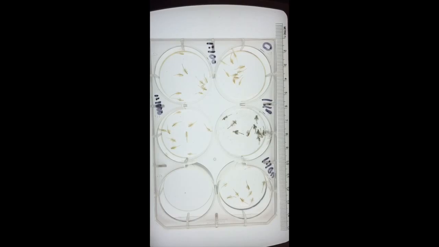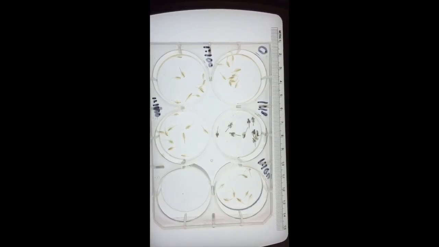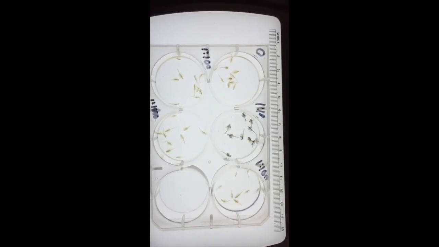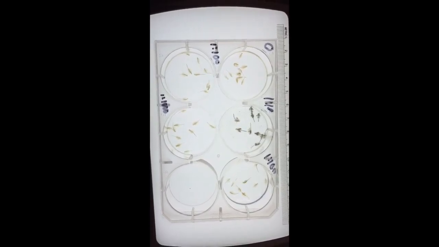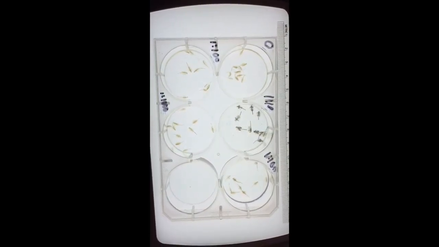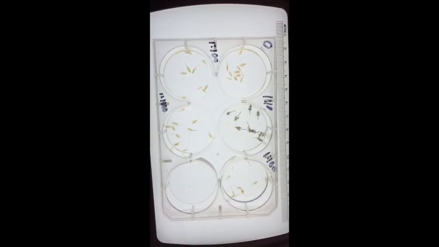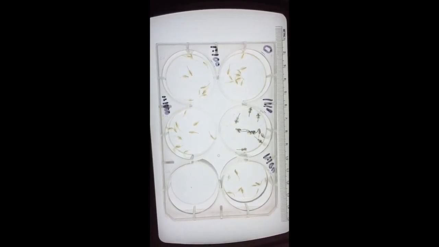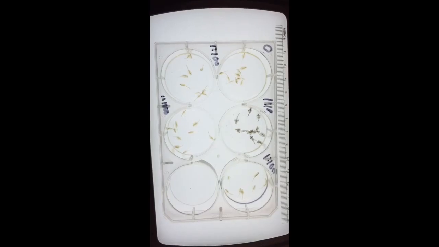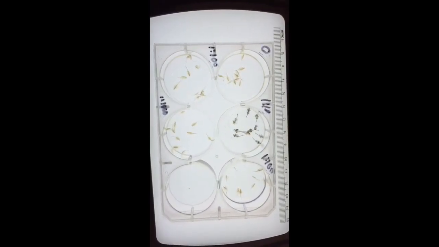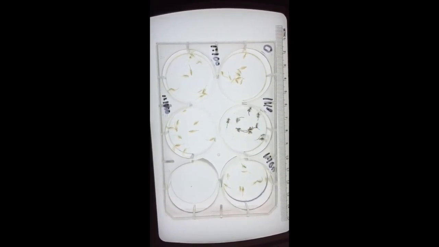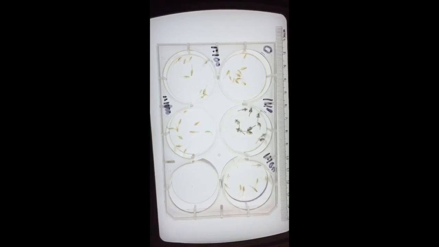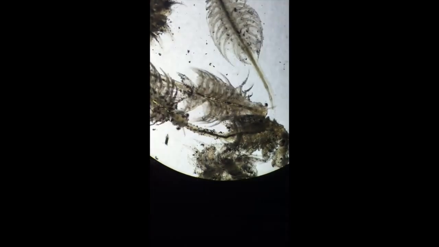milliliter of seawater. Well 3 contained the 1 to 10 dilution, which was 1 milliliter of 0.4% stock solution and 9 milliliters of seawater. Well 4 contained the 1 to 100 dilution, which was 1 milliliter of 1 to 10 solution and 9 milliliters of seawater. Well 5 contained the 1 to 1000 dilution, which was 1 milliliter of 1 to 100 solution and 9 milliliters